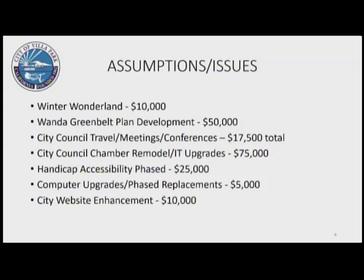At 75,000 probably won't put us at complete state of the art, but it will be a significant improvement over some of the size screens we have, the sound, the ability to communicate, the ability to have teleconferencing, those types of abilities, because this room is not just used by the council, it's used by a lot of people who ask us that all the time. Do you have this capability? Do we have the ability to project? Do we have the ability to do